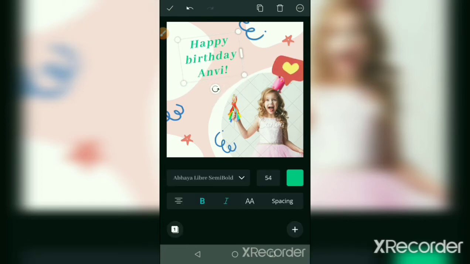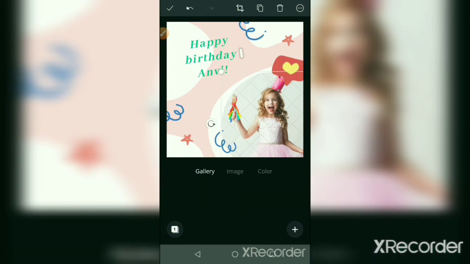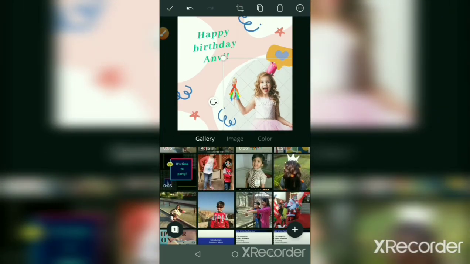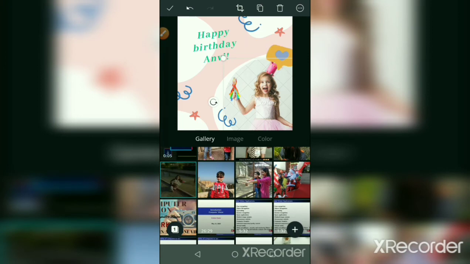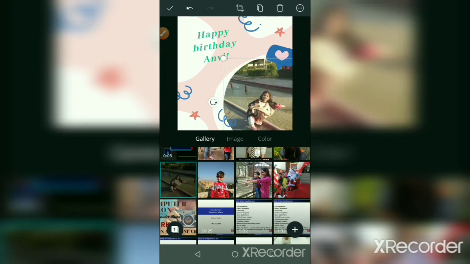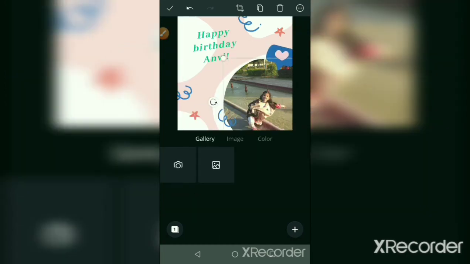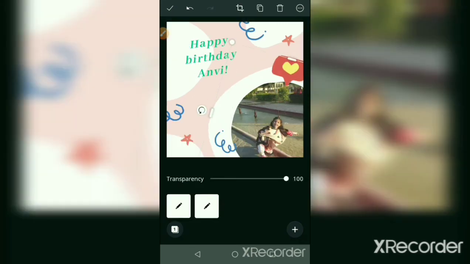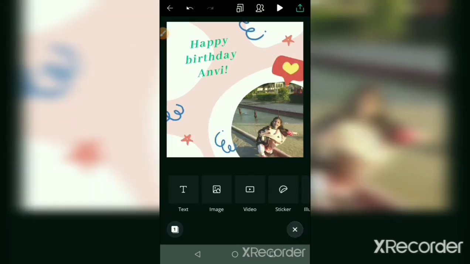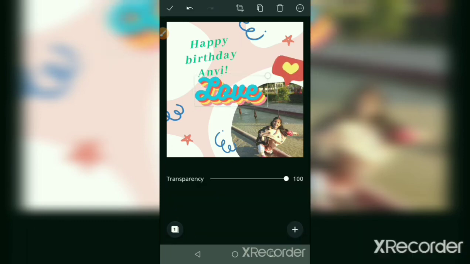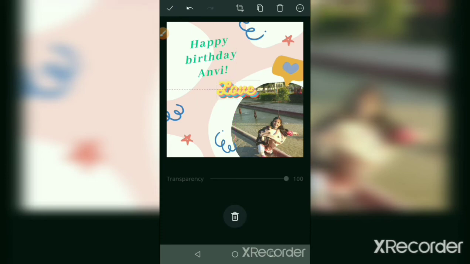If you want to change this picture, just click on this picture, select any one image, just click. The picture is in display. If you want to adjust this picture, you can adjust it also. If you want to change your stickers, clip art, just like this, put it here.